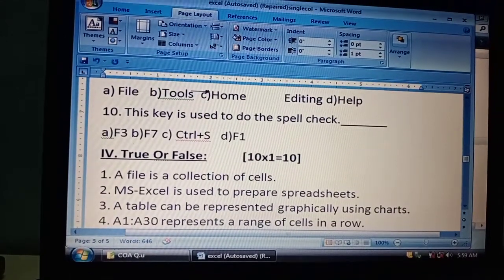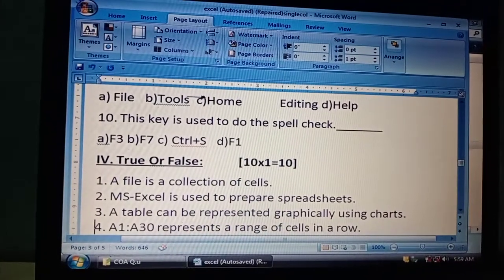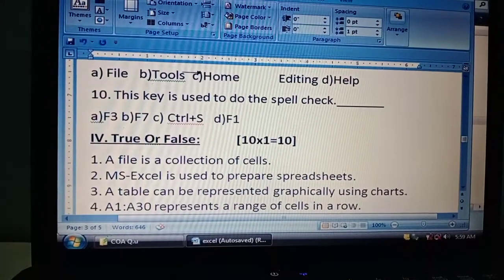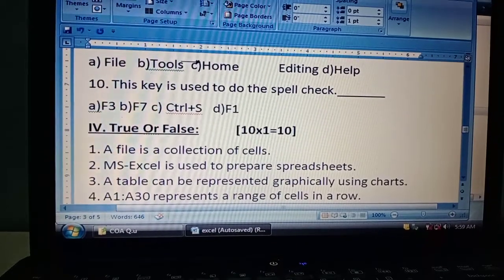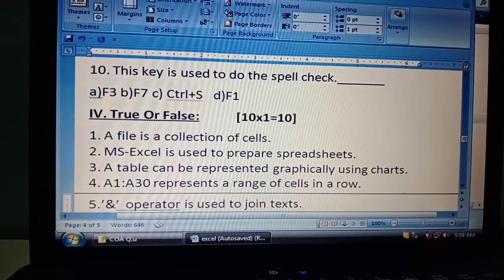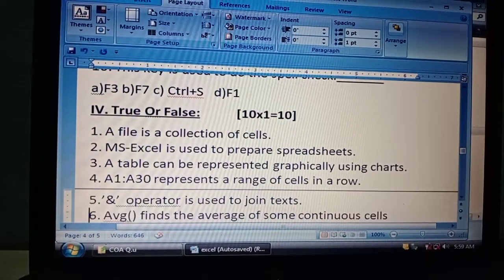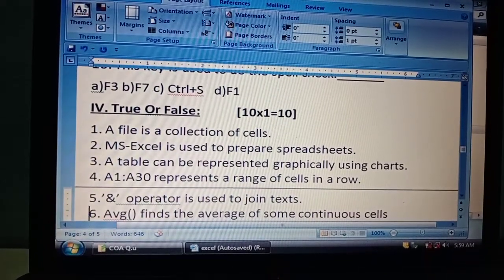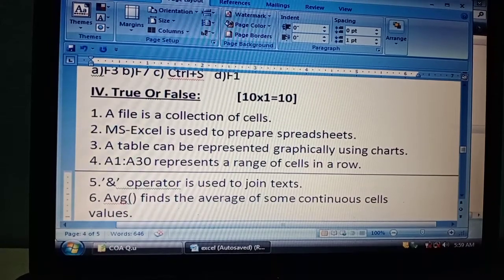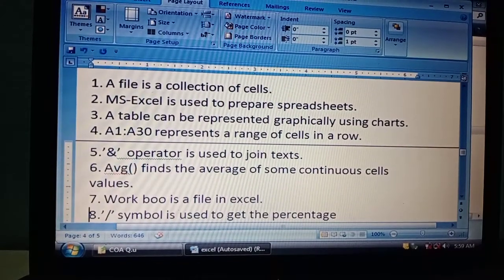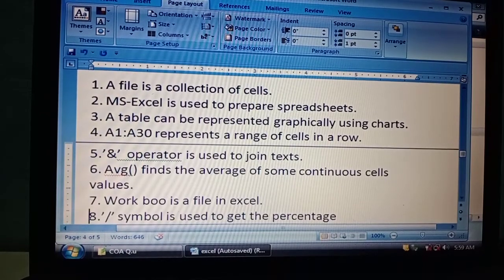Roman letter 4. True or false? 1. A file is a collection of cells. 2. MS Excel is used to prepare spreadsheet. 3. A table can be represented graphically using charts. 4. A1 colon A30 represent a range of cell in a row. 5. AND operator is used to join text. 6.